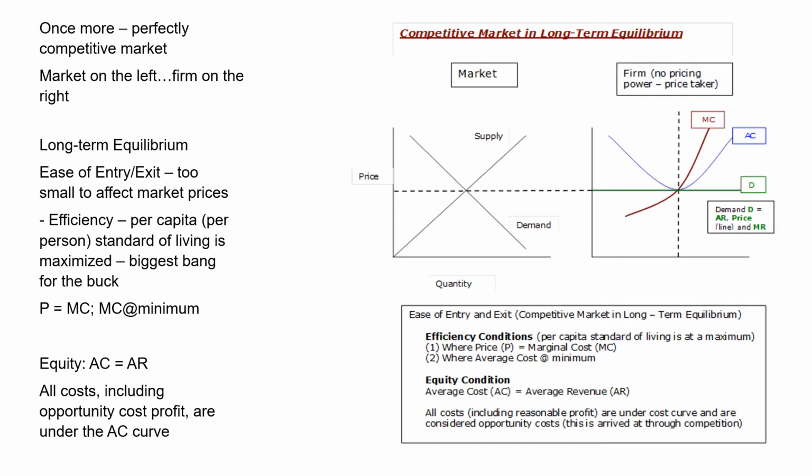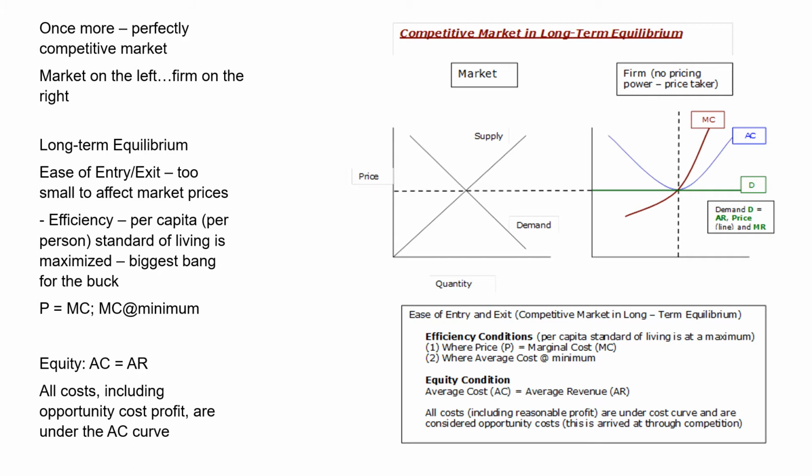So in looking at our graphs, we see the market curve, with the market being represented on the left, with a typical demand curve sloping downward to the right, and the supply curve, of course, sloping upward to the right. For the individual firm, what we see is that our demand curve is actually flat, it's horizontal. It also represents what? Our revenue curve, or average revenue curve. So this is, again, indicating, when we talk about perfectly competitive firms, that they are price takers rather than price makers.